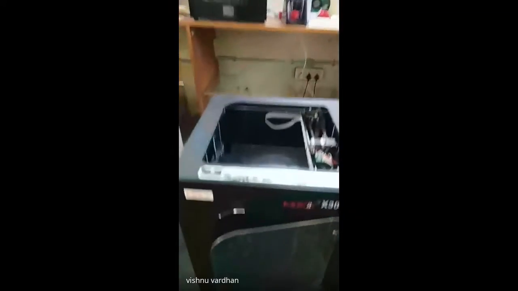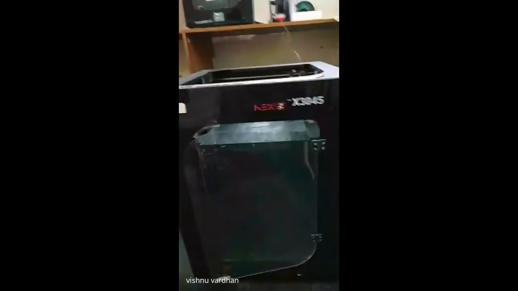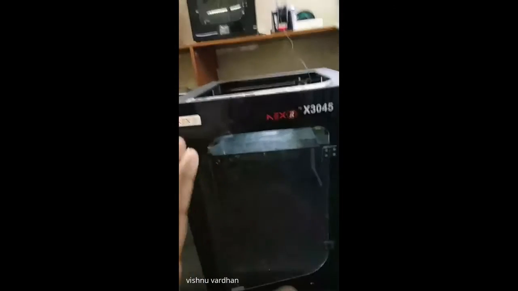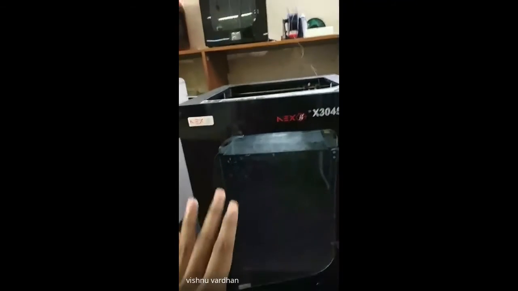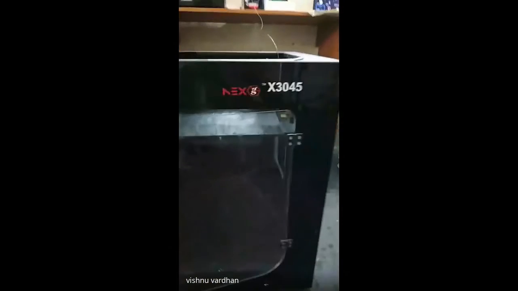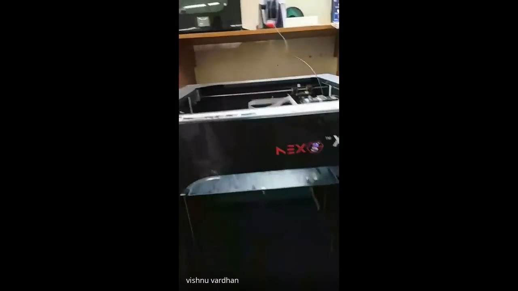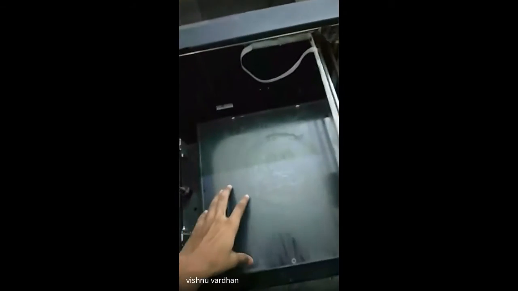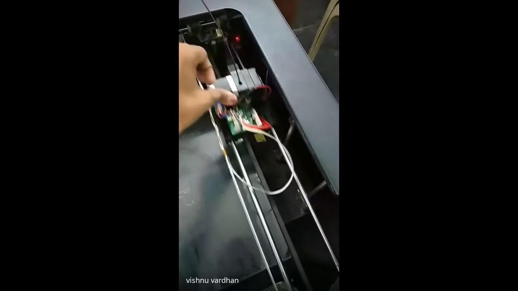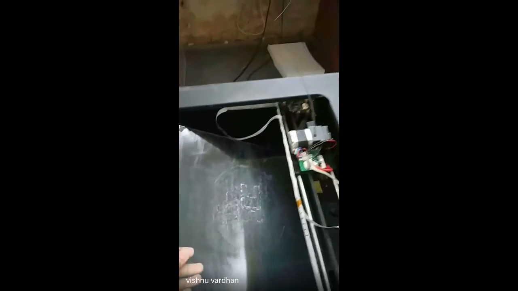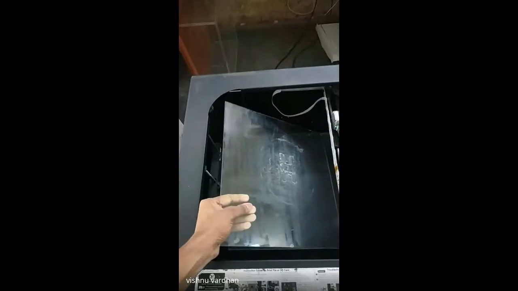If you can see, this printer will print ABS, every material it will print, but the size is different. This is the heat bed where the part will print, and this is the nozzle setup. This heat bed size is 30 centimeters, and the height of the printer is 45 centimeters.